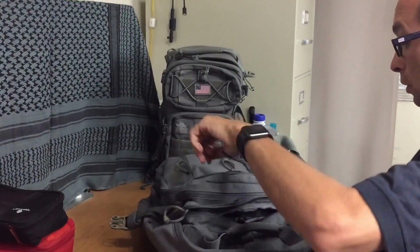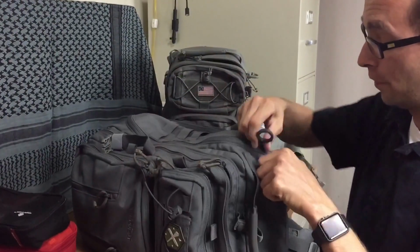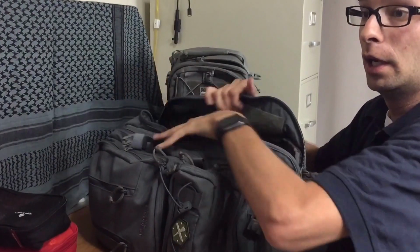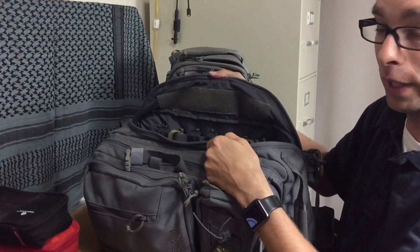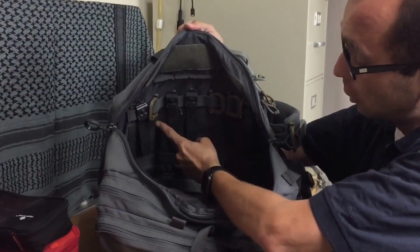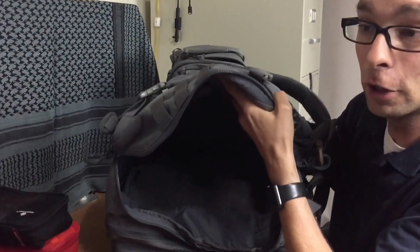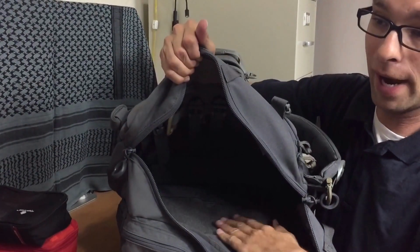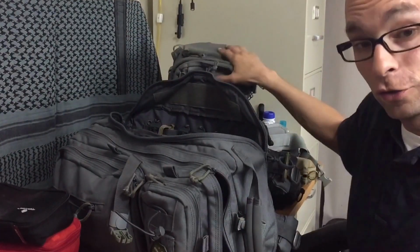So the next thing we're going to do is turn the bag sideways, and I'm going to unzip this. You can see now how we're starting to get this side opening going. Inside of this backpack, you have hook and loop all across the back, and you also have hook and loop on the bottom of the pack right through here. So I'm going to go back to this Javelin,